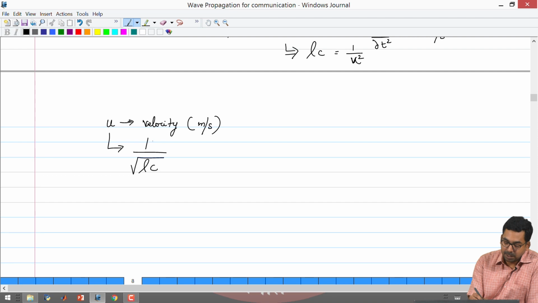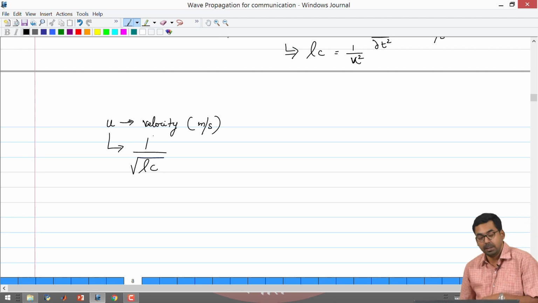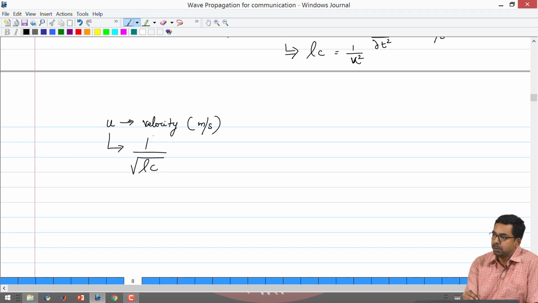Now, there are some questions that we can ask using this dimensional analysis. In the class yesterday, we had plugged in R is equal to 0 and G is equal to 0, and some questions would have come into the mind, why do not we plug L equal to 0 and C equal to 0? If we were to do that, the way we have built this argument, it would appear that if you did not have any inductance per unit length or capacitance per unit length, you will end up having a velocity that is infinite, which is a counter argument for the exact point that we were trying to state, that the signals cannot travel at infinite velocity.